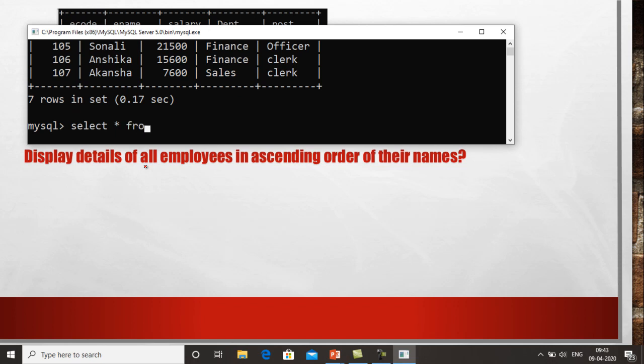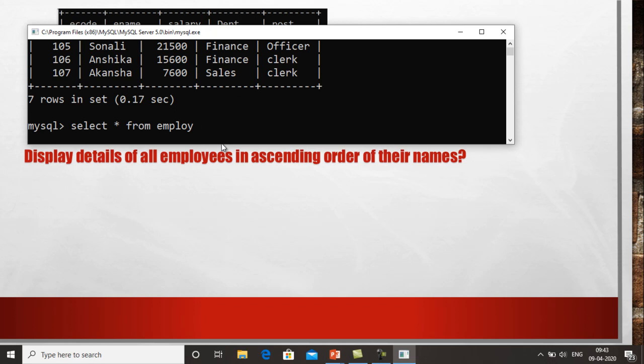So select star from employee. Now I have done this much part. Display details of all employees. After that it is written in ascending order of their names.